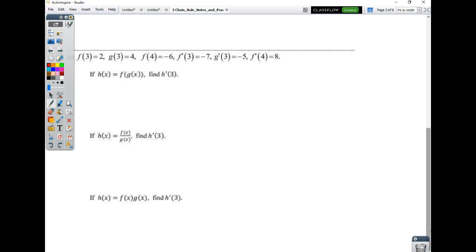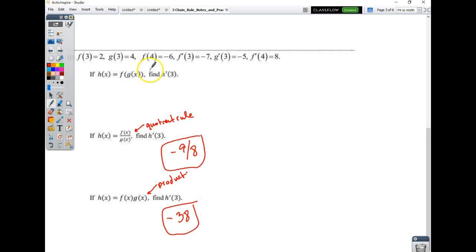I'm going to skip these following here. I do want to talk about this one real quick. So this is quotient rule. This is a product rule. If you're curious what the answers are, it's negative 38 and I believe negative 9/8. If you're curious what those two answers are, but let's do this one, which is a